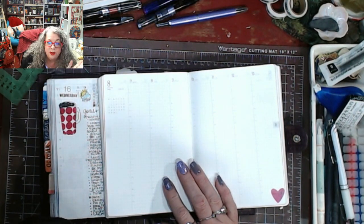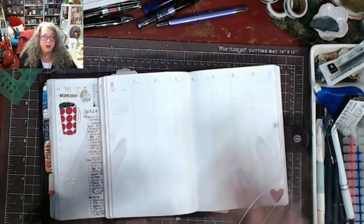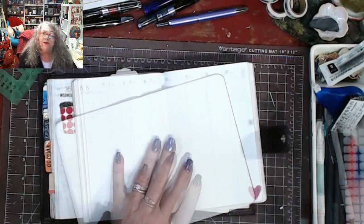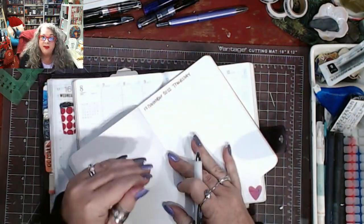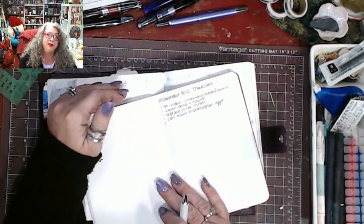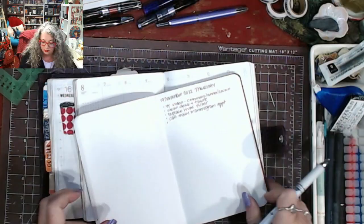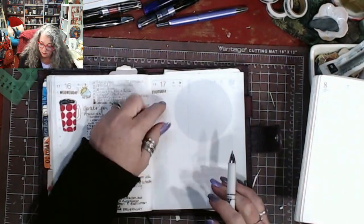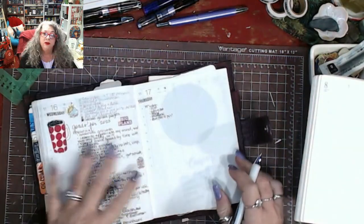like that. It's going to be my studio planner journal hybrid, and this is for personal, just regular things that are going on. I will write my to-dos, for example, on my to-do list. If I were already in here, I'm not writing everything out. YouTube video, those important things, that will be what's on my to-do list. And I know for the YouTube video, there are a lot more things that come into play with that. When we get to the Hobonichi Cousin, if I weren't using this one and I were using the bigger one, for this day, I'd write my priority things, and then I could write